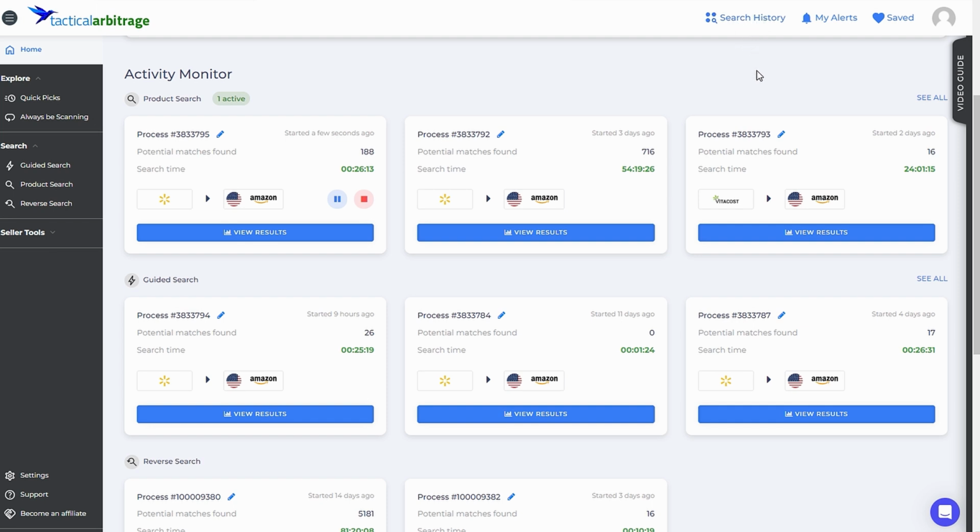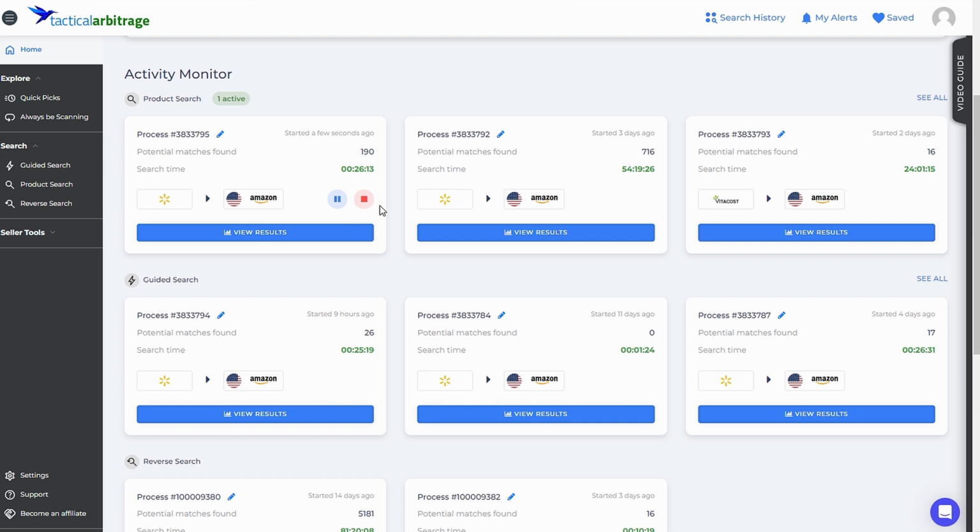Also note that the limit here is different from how many scans that you can run at the same time. If you're not on the Pro subscription plan, you'll be able to run 3 scans simultaneously with an additional 4 queued scans. But if you are on the Pro subscription plan, you can have up to 10 concurrent scans with 20 queued scans. If any scan is still ongoing, you'll have the option to pause or stop the scan in